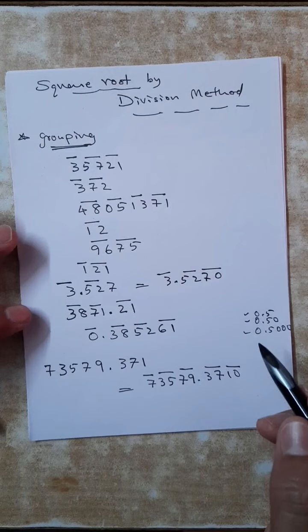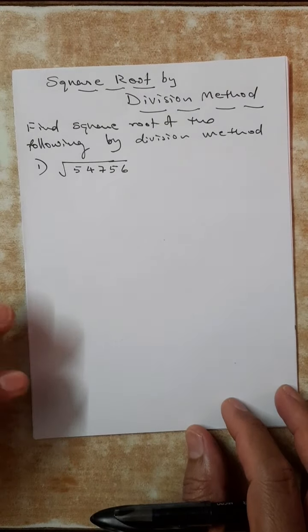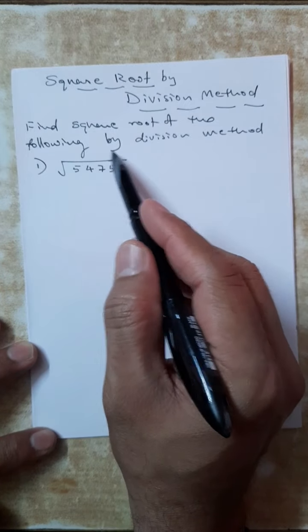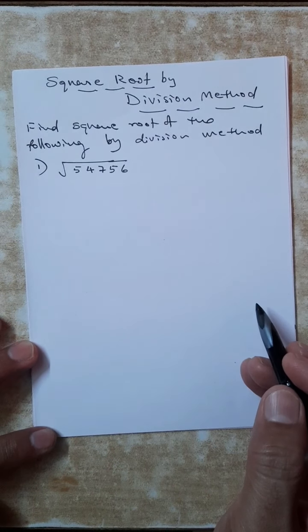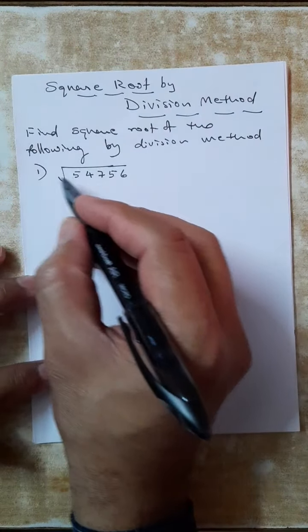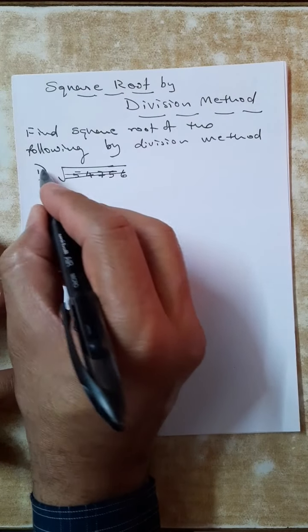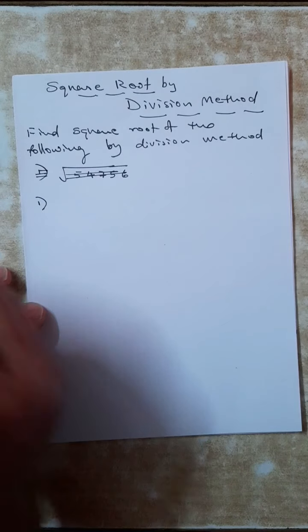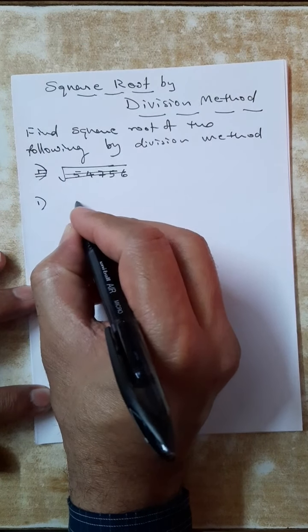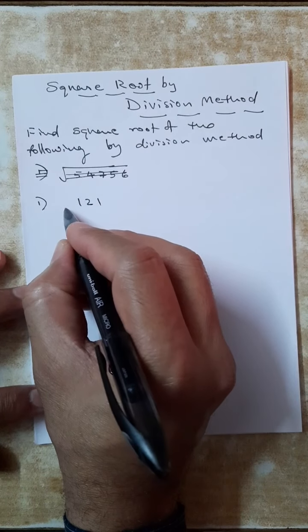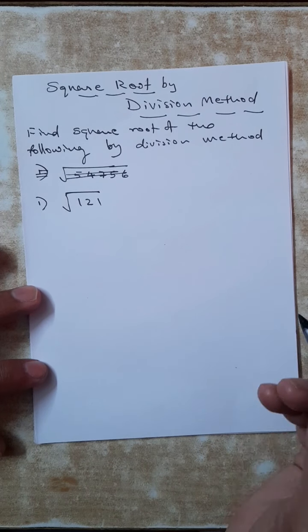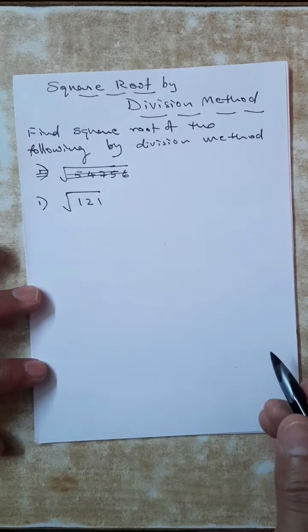After grouping, now we will go to square root. How to find the square root? I will explain the procedure. Find the square root of the following numbers by division method. Before this, let me explain another one, simple one. From simple to big we will go. Suppose the question is the square root of 121. All are knowing the answer. What is the square root of 121? 11 11s are 121. We know it. So square root of 121 is 11.